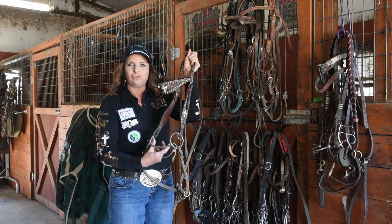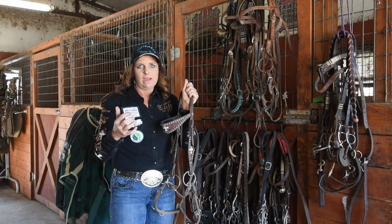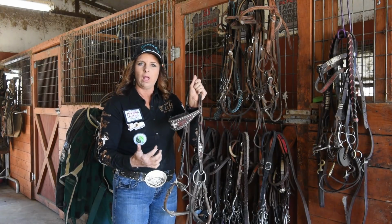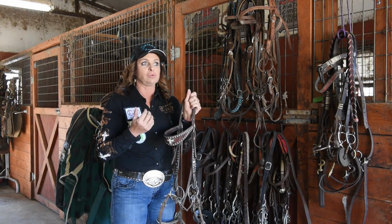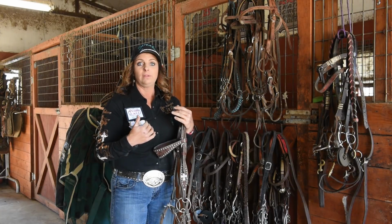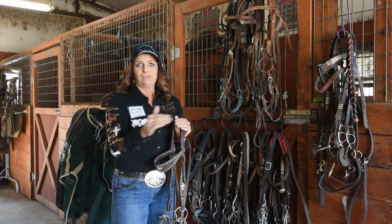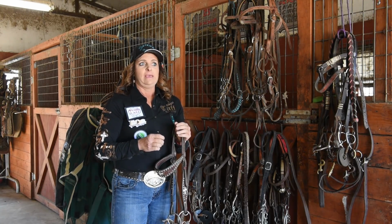When you have that super straight mouthpiece coming back, there's no give to it anywhere, and that's hard on the nerve endings and stuff. And the more you pull on those straight mouthpieces, the more damage you make, the more scar tissue you make, and then you have a horse that doesn't have hardly any feel to them. And in my world, feel is the number one most important thing at every stage of this game. And developing the proper feel is